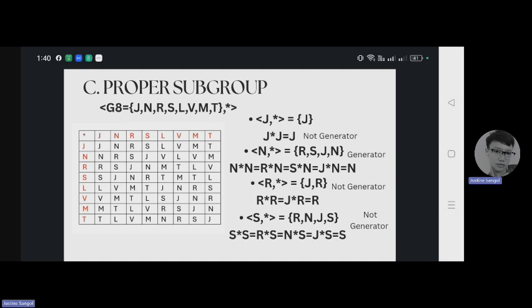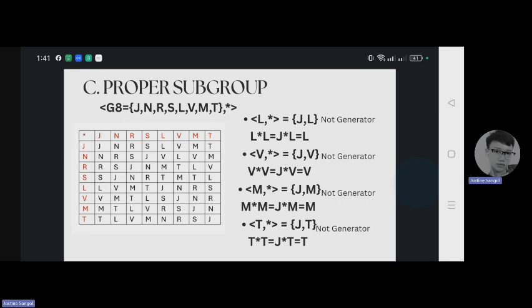N star N is equal to R star N is equal to S star N is equal to J star N is equal to S, meaning not a generator. R star R is equal to J star R is equal to R, not a generator. S star S is equal to R star S is equal to N star S is equal to J star S is equal to S, meaning not a generator.